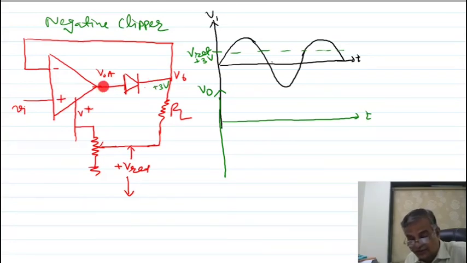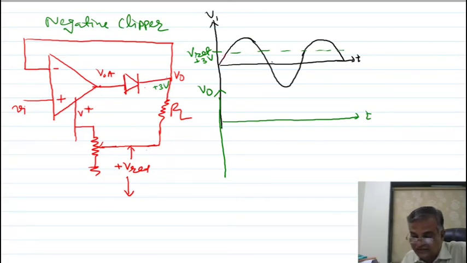When the anode voltage is more positive than the cathode, then this will conduct and you will get the current and you will get the waveform. Now if this voltage is less than this V reference, then this diode is in reverse bias, current does not flow. So your output voltage is equal to the reference voltage. If current does not flow, this voltage is nothing but the reference voltage.